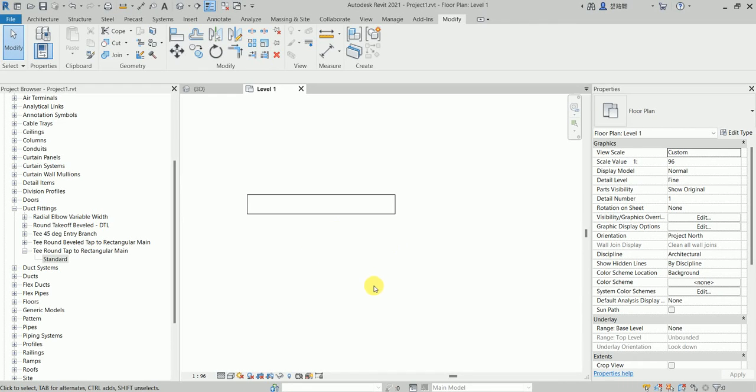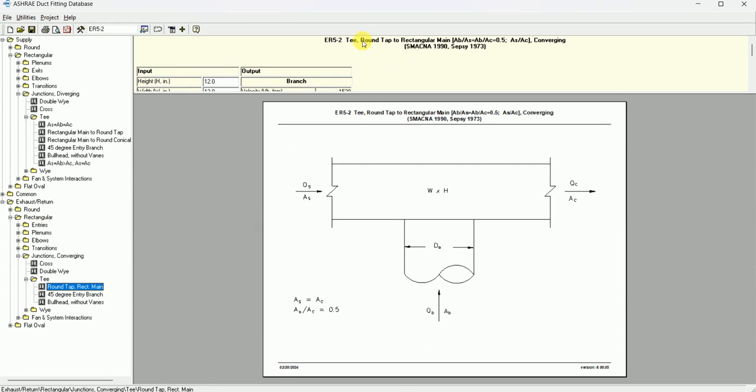So this video is going to be about fitting for the exhaust. This is ER5-2T, a round tap to the rectangular main. This kind of fitting is easy to make, but it's very hard to do the calculations inside Revit